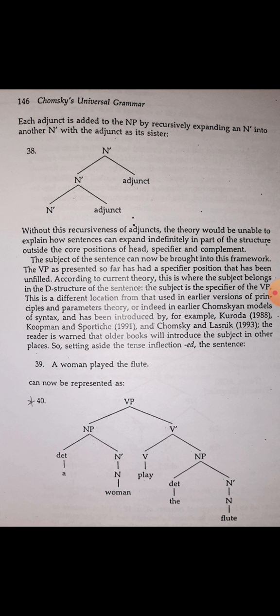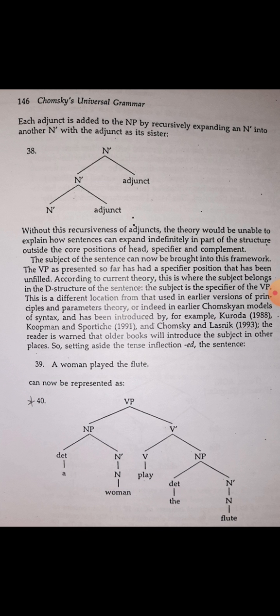Played the flute: played is the verb, and that verb complement further consists of a noun. Played what? So there is a close connection between the verb and the noun phrase the flute, because played is dependent upon the flute. It is a transitive verb, so it must have some object with it. So the flute: the has been taken as a determiner, and an N bar. So wherever NP or VP are written, actually they are V double bar or N double bar. Fine. And the further level will have V bar.